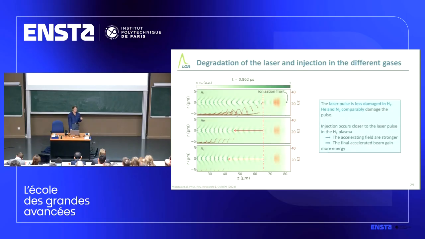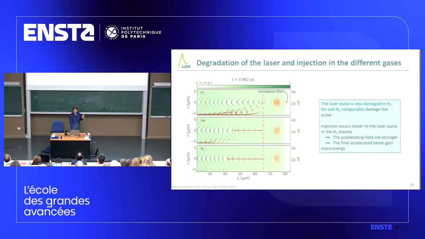And in brown, it's the electrons that are injected, with the vertical coordinate corresponding to the longitudinal momenta of the electrons. So you see that using hydrogen, when the laser pulse was focused with higher intensity, it drives a wake field which is more intense, and it managed to trap the electrons right behind the gas jet, with electrons trapped only in the third bubble after the gas jet. And you see that they are accelerated